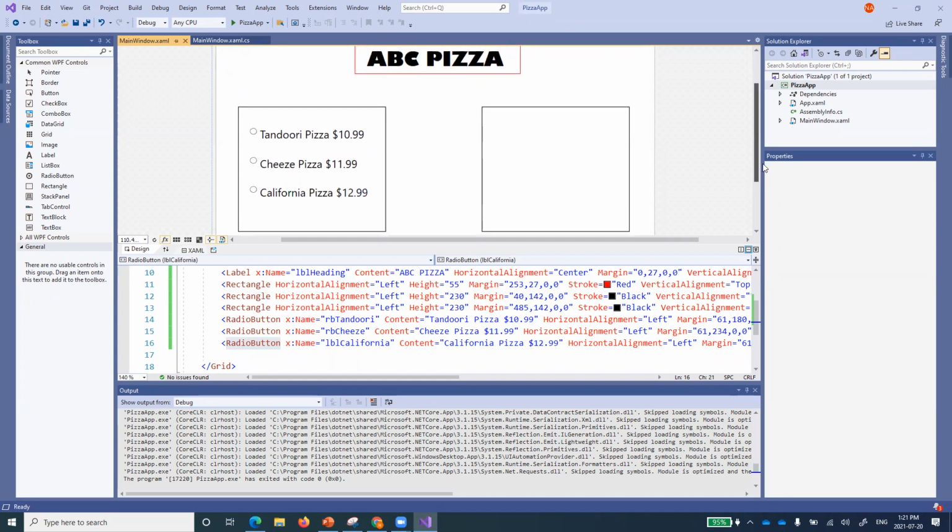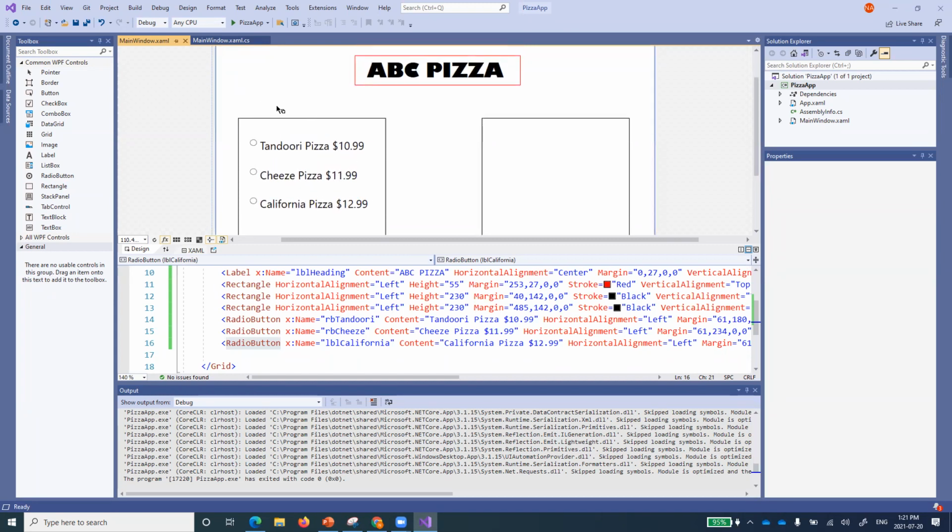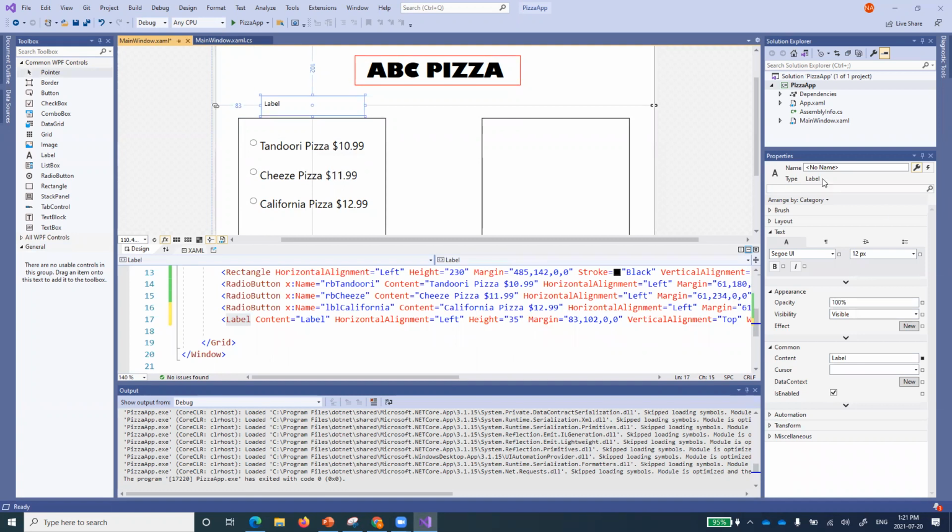Now let's do one more thing. For example, we want user to enter their name over here, for example. So just go to the label, bring a label over here, right? And you can call it LBL customer name, right? This is the label for the customer name. And I want customer to maybe say, enter your name, right? Change the font size, whatever is suitable for you. I'm making it 20. I've named this LBL customer name. Remember that.